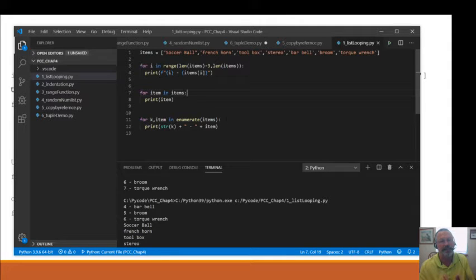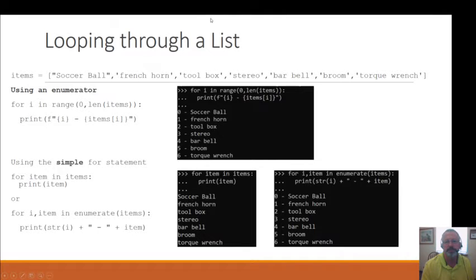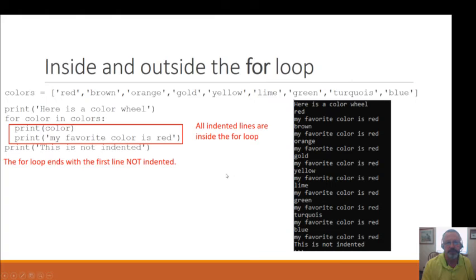It's not relying on the index number, because again, we're not throwing the index number in here. We're still just relying on the items, but we're adding numbers to them, and we can say, well, start with 1 when you're counting them. So the enumerate basically counts it. All right? So those are 3 different things we can look at when we're looking at lists. All right, and that's what's shown here on looping through a list.